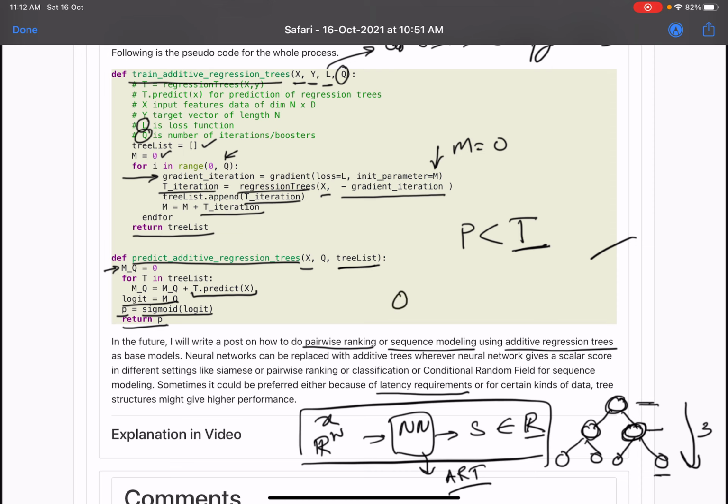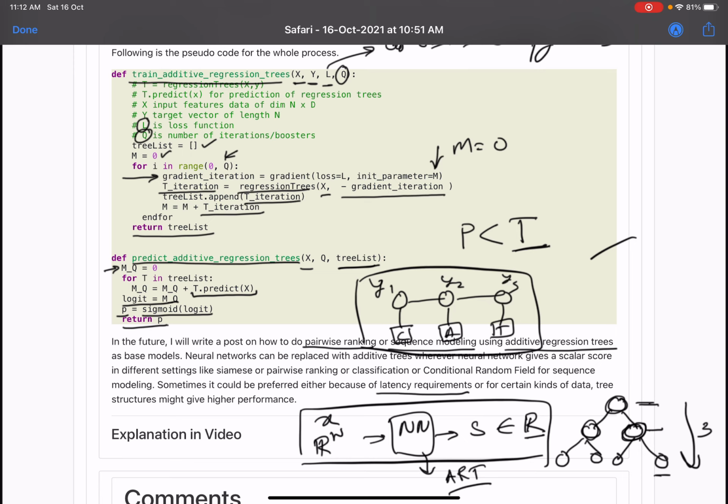Let's say you have a sequence of 3 letters: an image of C, an image of A, and an image of T, and these have labels y1, y2, y3 for these 3 images. Of course, it's a sequence modeling task.